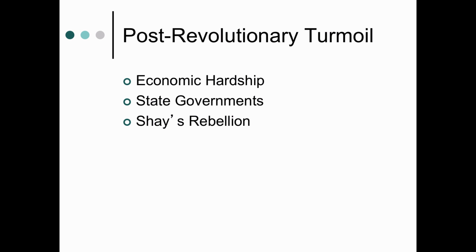There has to be more power in the central government to help states in these kinds of situations, but also to help protect citizens from the kinds of things that can happen when the tyranny of the majority gets out of hand. So that's setting the stage for our conversation next week about where the Constitution comes from and the kinds of provisions that are in the Constitution that are well explained by this series of events leading up to it. So go ahead and watch the 2 clips from the John Adams mini-series